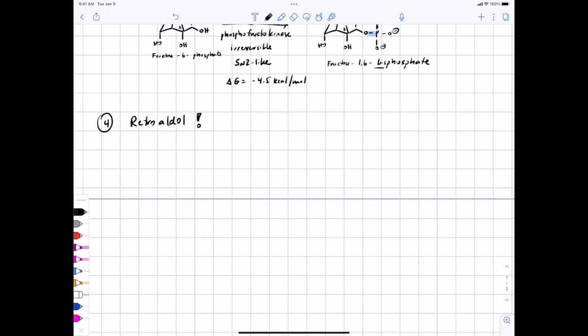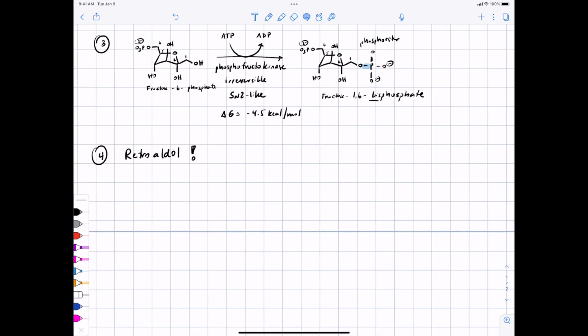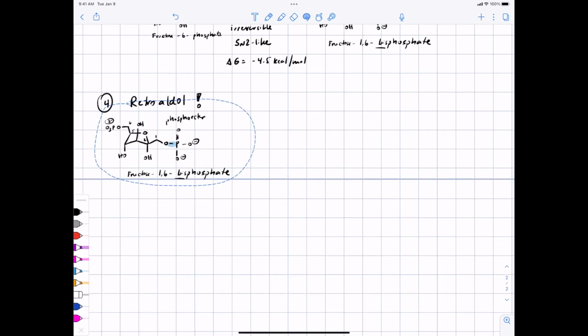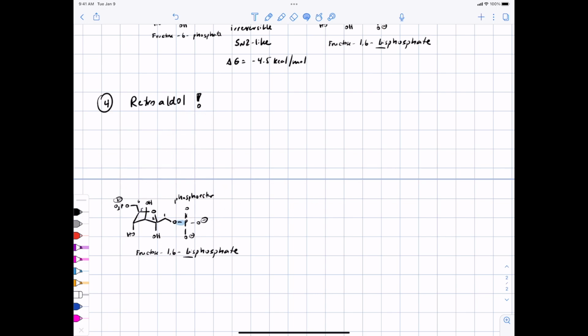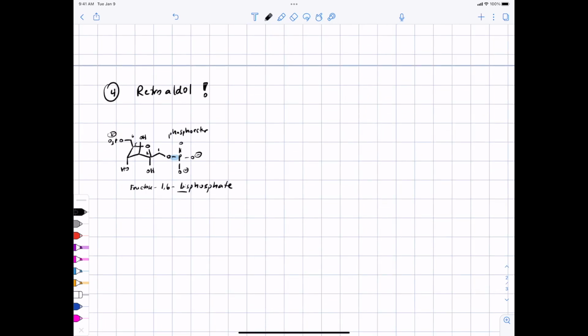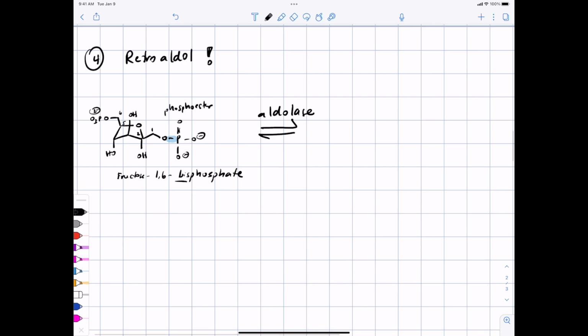You've been preparing for this for weeks, learning about the aldol reaction, and this is the reason why. We're going to take fructose 1,6-bisphosphate, and the enzyme is aldolase, and that's going to convert